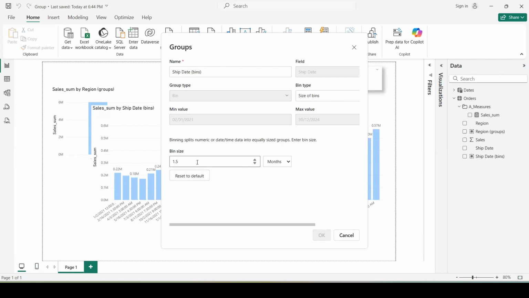So the only way to do it with decimals is to use the number of bins, right? Because the algorithm will be calculated based on the bin count. So you can basically play with this and choose how many days you want to see.